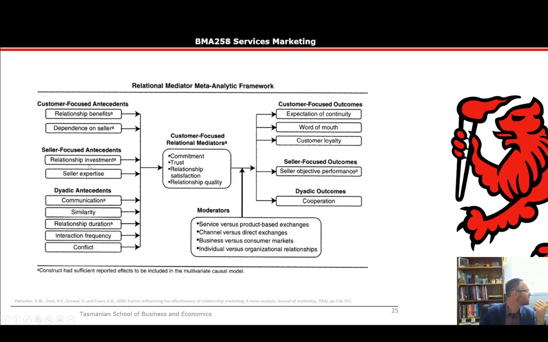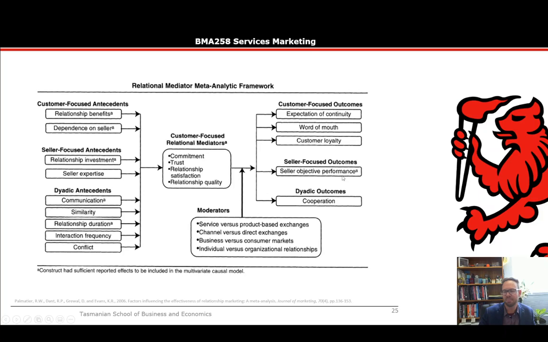And relationship investment is 46%, and seller expertise is 62%. So that's how much these load onto these constructs, and then how you get out of there, which is moderated by the type of relationships that we have. Now, I don't expect you to know this in detail, but if you are doing your service audit, or if you are managing a business and you're trying to work out where to invest your time, effort and money, like your resource allocation, to get these things such as seller objective performance,